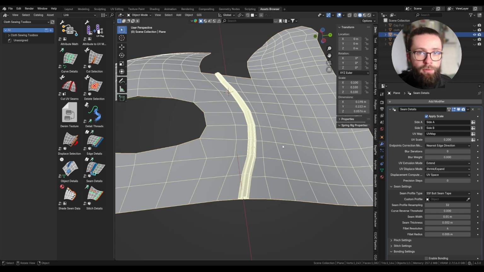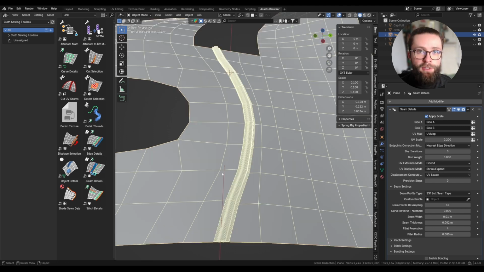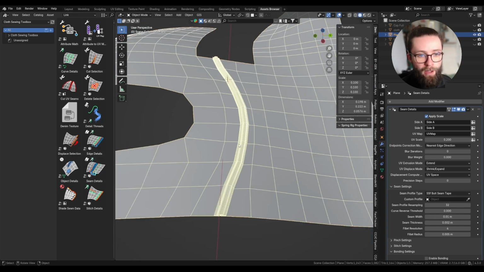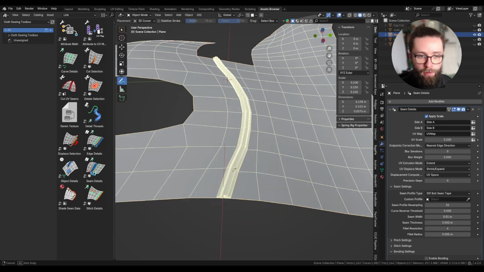This is especially useful if you are using Alembic caches from other software, where you might need to rescale your object, but you can't apply the scale because the animation will be overridden by this. Now the next 6 parameters are the same you can find in the Displace Selection tool, which I presented in the tutorial right before this one, and this is basically because the way this seam detail tool works is that